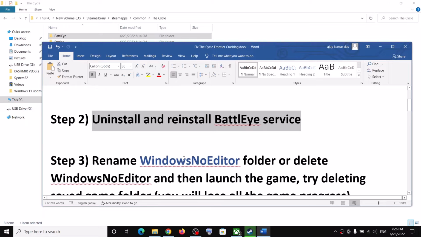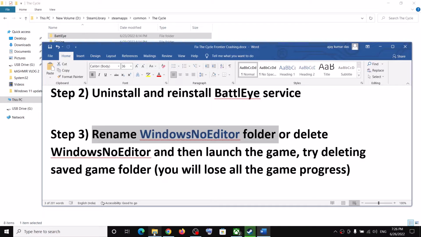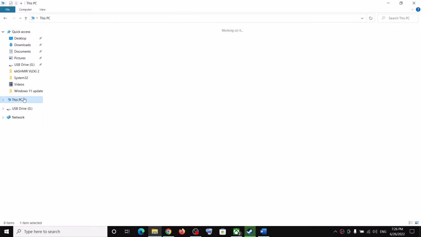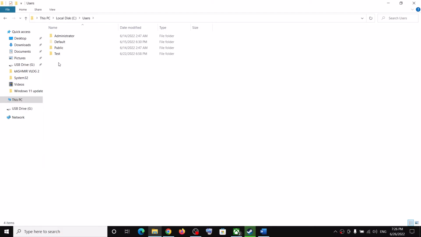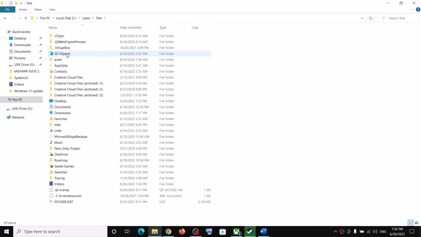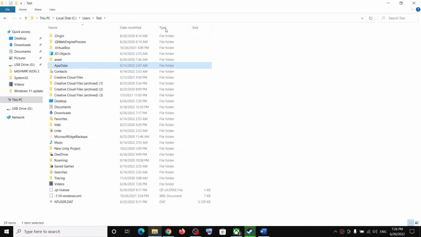Now the next step is to rename the WindowsNoEditor folder. For this, go to the file explorer, then go to this PC, open C drive. Now open users folder. Now open your username folder. Now open app data folder. If you don't see app data on the top, click on view and then put a check on the box which says hidden items. In Windows 11 somewhere over here you will find view. Click on view and then click on show and then put a check on hidden items and then open app